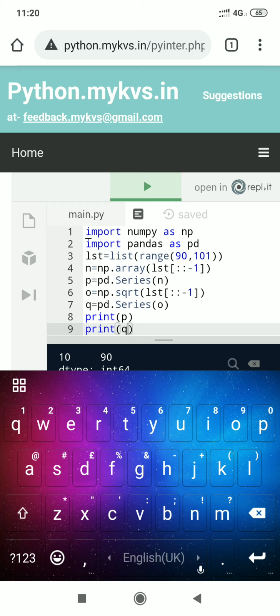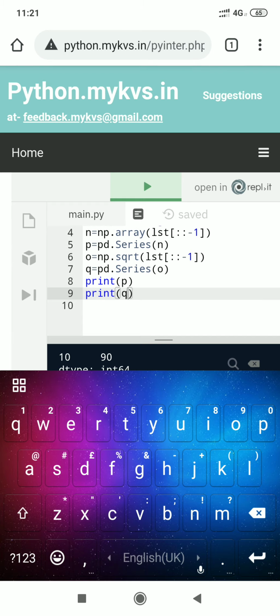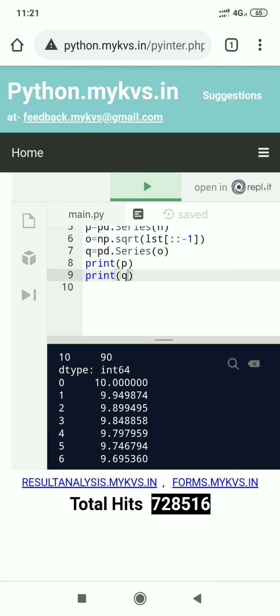Passing O, it will create pandas series Q. So in this program we have two series, one is P and another is Q. P is holding values from 100 to 90, whereas Q is holding the square roots from 100 to 90, and those square roots are being displayed here.